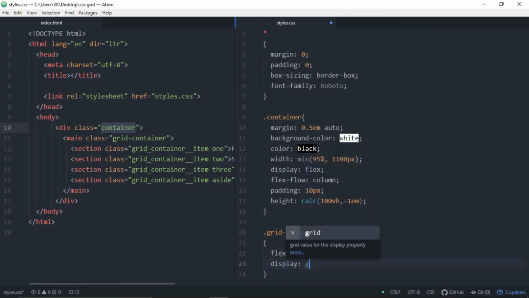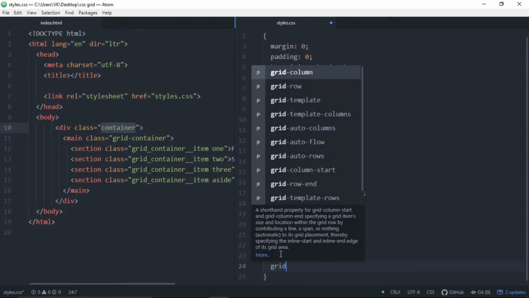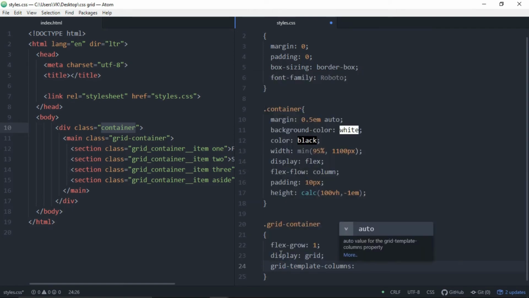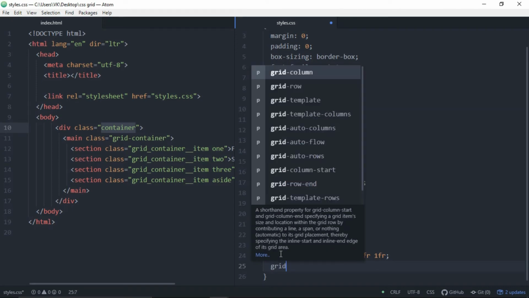This is basically increasing the size of the grid container compared with other objects on our screen. Display will be grid. So we are gonna add grid-template-columns, which is basically dividing the space which is available.